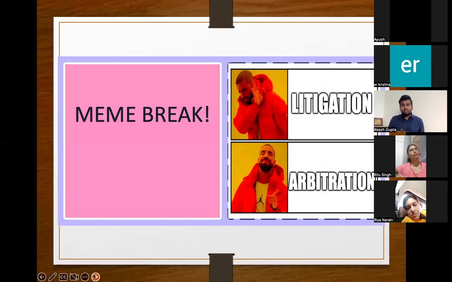Now, this is another picture which indicates why 90% of Indian companies sign up for arbitration. It indicates that companies don't want to do litigation for a very simple reason: different sorts of appeals, and it takes a lot of time to resolve. I'm not saying that once you do an arbitration, it's ultimate. The moment you have an arbitration award, the party pays the money at the end of the discussion. It's just that if you compare the pros and cons, arbitration has somewhat more of an edge because it's more regulated and has less intervention from the court.